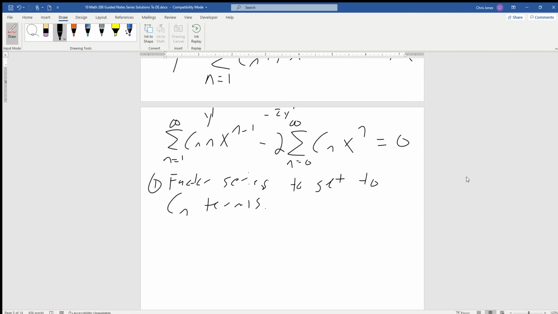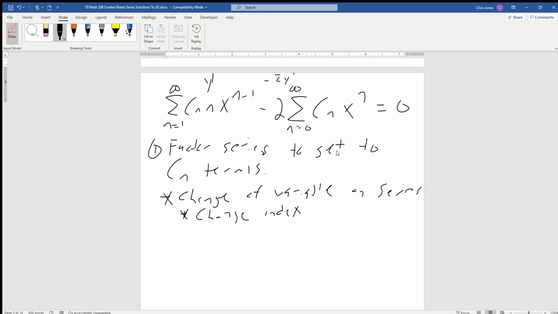And so in this case, we're going to use a change of variable on both of the series. Essentially, we're going to change the index. So how do we do that? Well, for this series, let's say that n is going to be equal to k plus 1. And the reason I do that is because I want to factor out that x, if at all possible. We're focusing on just the x terms, and we're saying, if we can do a change of index and somehow get the x's to be the same, then after that we might be able to worry about the indices. Now n minus 1 is going to be equal to k,